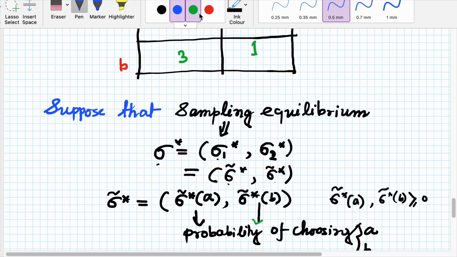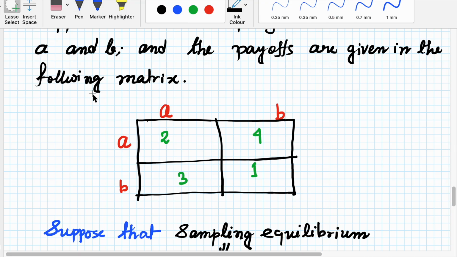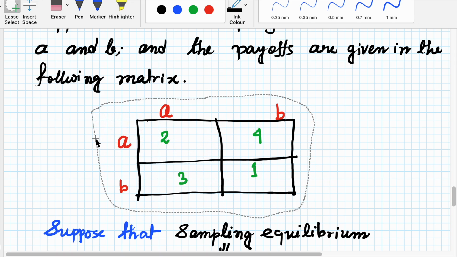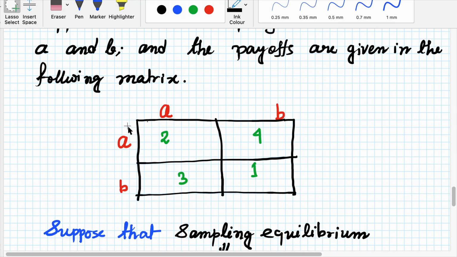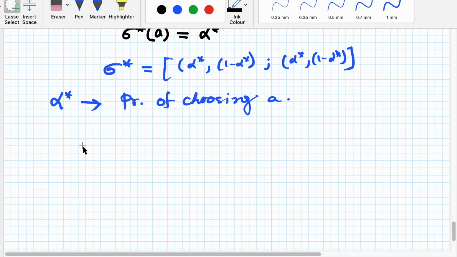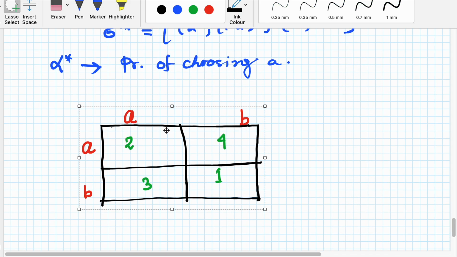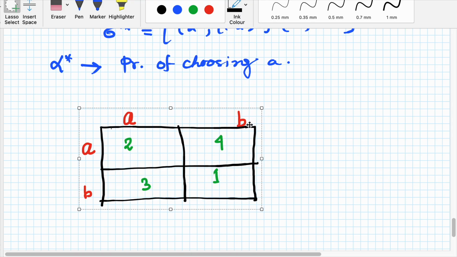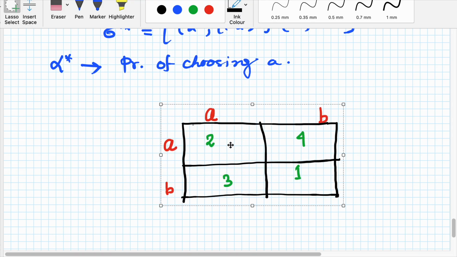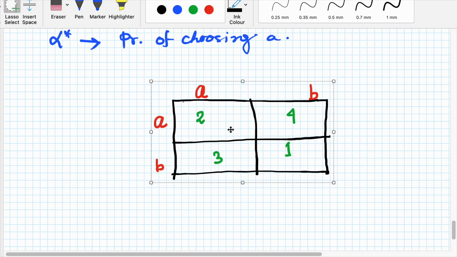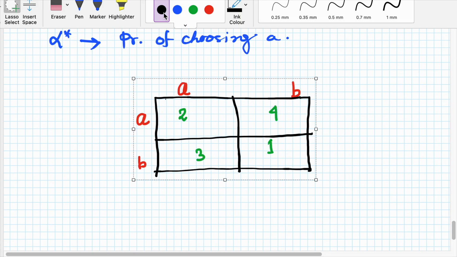Now let me copy this game, because this game will also be needed for our later discussion. So this game is required for later. Okay, now we know that